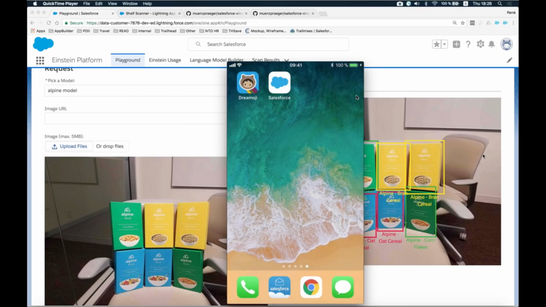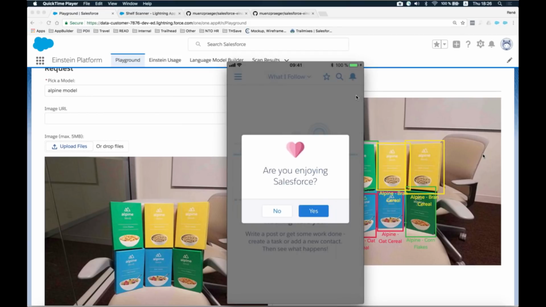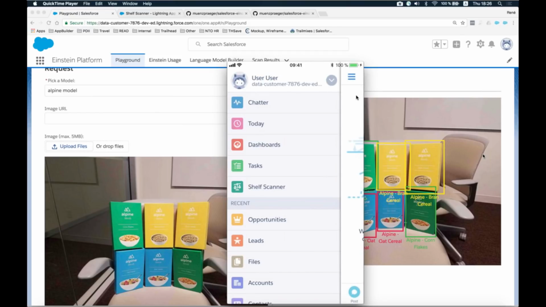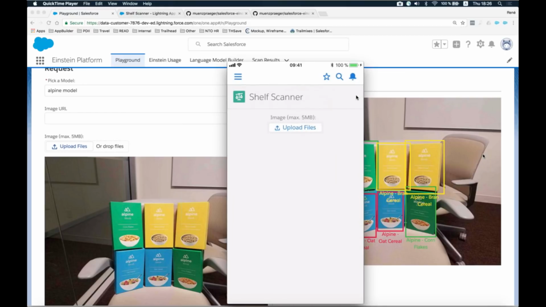So here I have my real iPhone. I'm opening Salesforce1, and yes, I'm enjoying Salesforce for sure. And I have a small Lightning component, which I called Shelf Scanner. So this could be an example of a Lightning component that folks that work in a local store use every day,